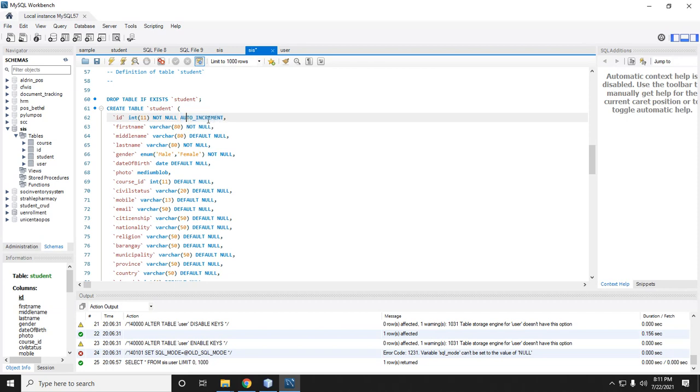For example, if this is auto increment, then if there's an auto increment approach in Oracle, change it,